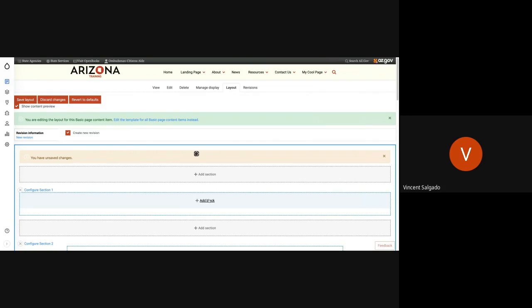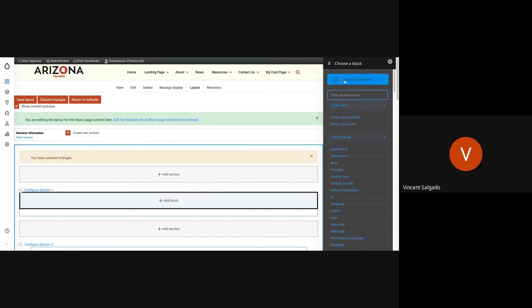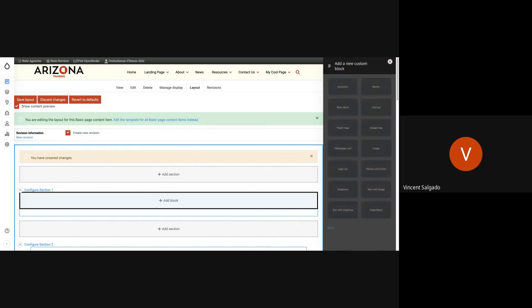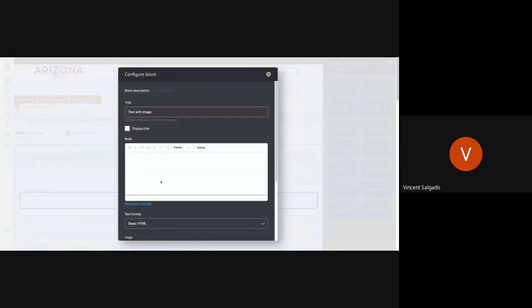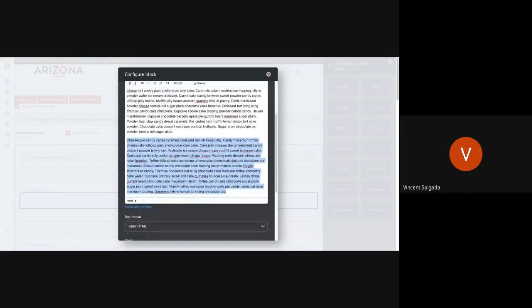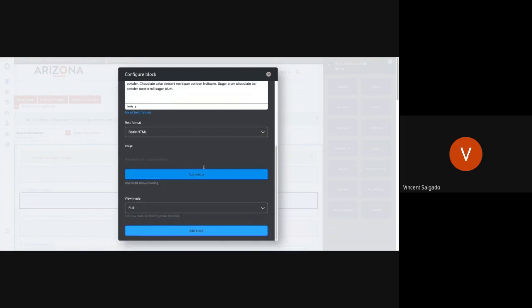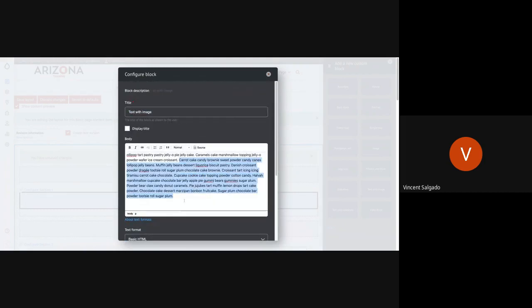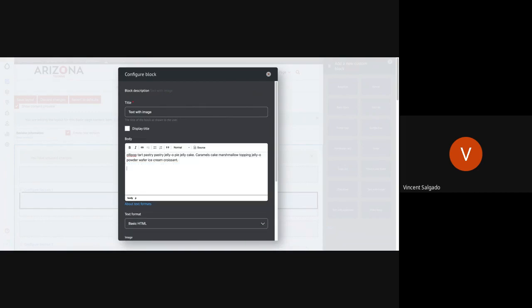I'm going to add in a text with image. So I'm going to create a custom block. It is a text with image is what I want. The body, I will throw in the lorem ipsum that we have, but I will keep it minimized here. So not so much. We're just the first sentence. And then